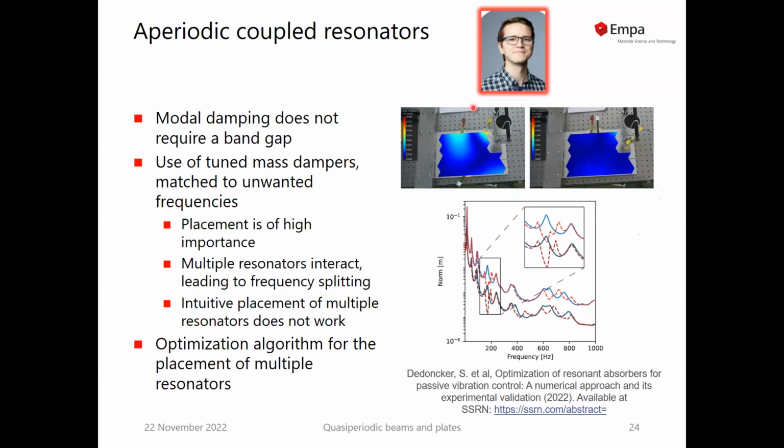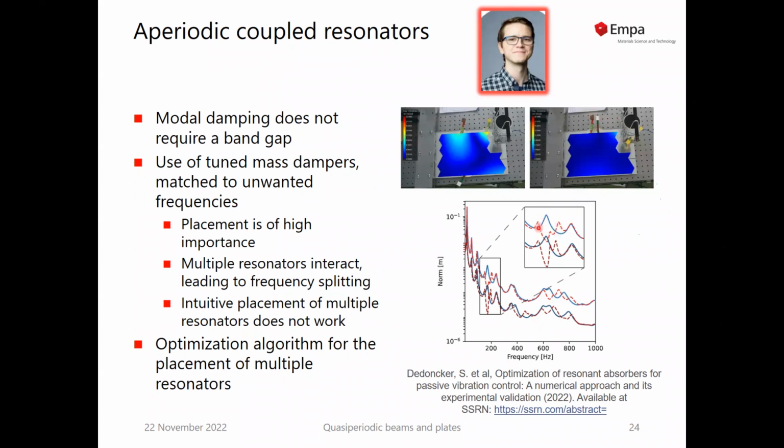What Sander did is derive or create an algorithm that optimizes the simultaneous placement of multiple resonators so that the overall vibration of the plate is reduced to the maximum. And here we see that this algorithm defines that there should be 1 resonator close to the source and 2 resonators almost next to each other here on the top of the plate, which reduces the overall vibration of the plate much more efficiently. One of the difficulties here, or maybe one of the surprising results, is that although these resonators are identical,